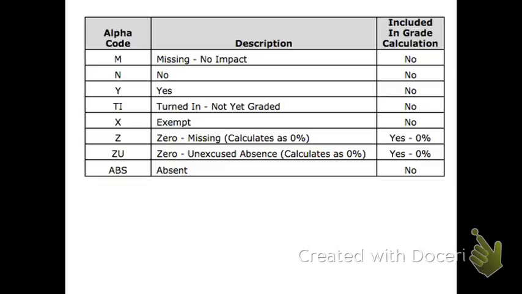Some information that will be notated on the Google Classroom. You'll notice that the most common ones that are used by teachers are the X and the Z. An absent will be notated, and it will not count against